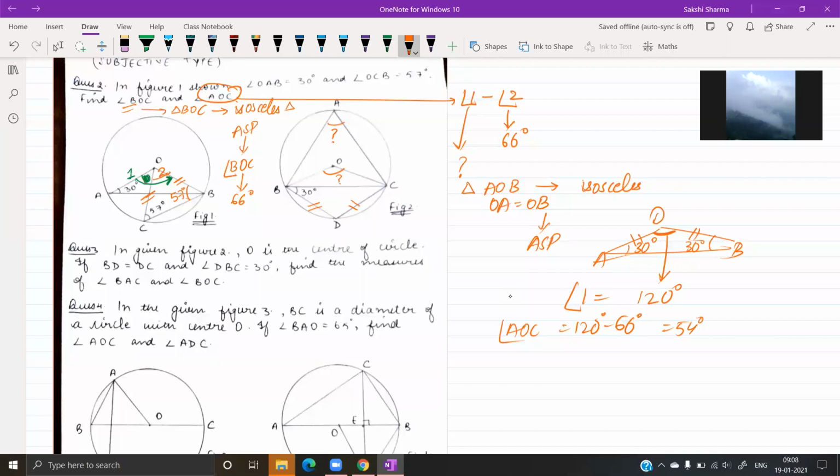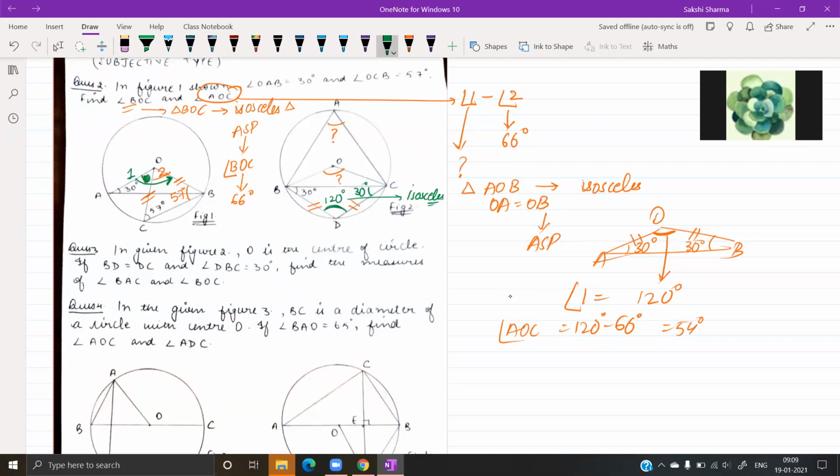This is the angle you want to find out, BAC and BOC. So I would like to work with the triangle in which I have one interior angle and two sides are equal. I'm going to begin with triangle BDC. This triangle is isosceles. From this triangle, apply the similar results you did in question number 2. Sides are equal, so their opposite angles will be equal. This angle will also be 30 degrees. From here, you can find out angle BDC. 120 degrees.